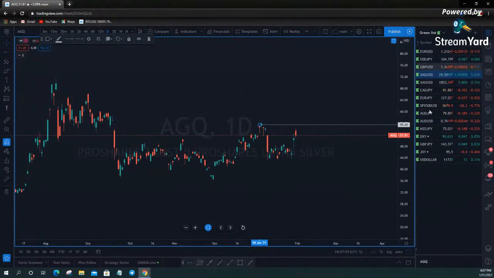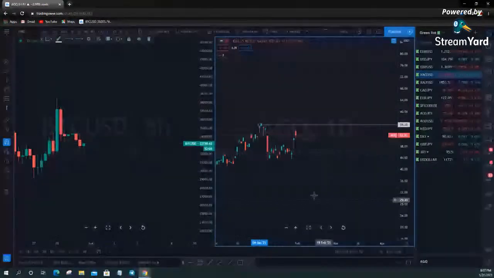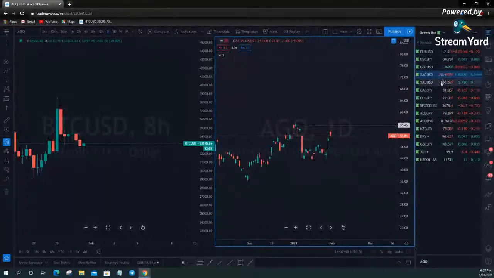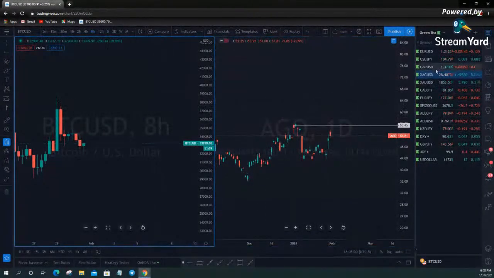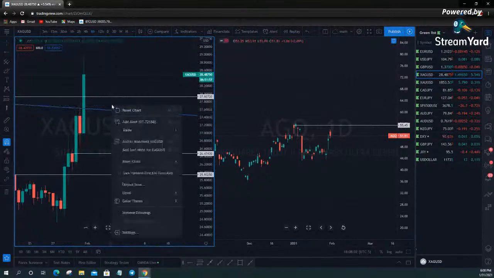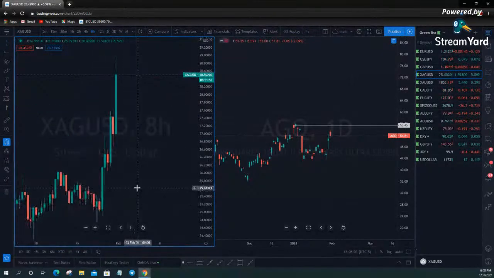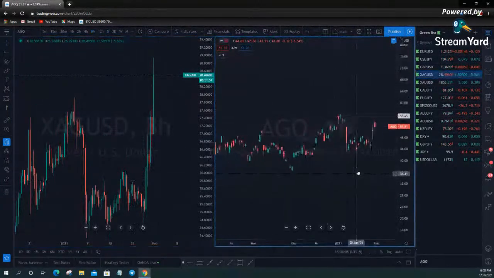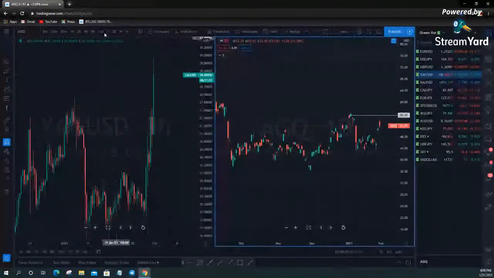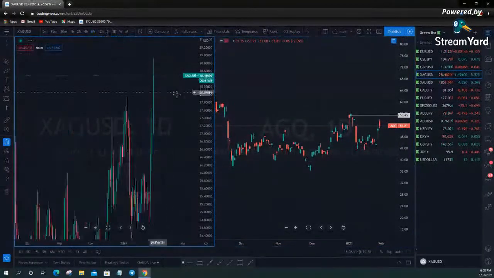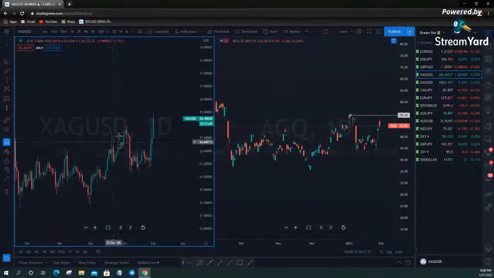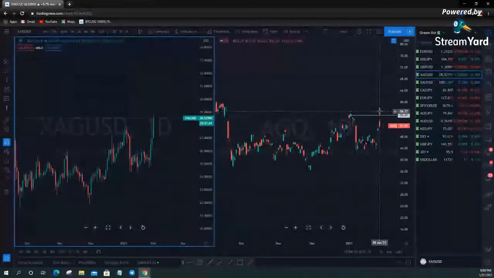All right. So let's just put this on the split screen real quick, just so I can show you what I'm talking about. Let's go over here and get silver. Remove all drawings. All right, so this is a daily chart. I go to a daily chart here as well. You can see how you're trading over this swing high. This thing tracks silver. So whatever silver does, this thing is going to do basically about the same.